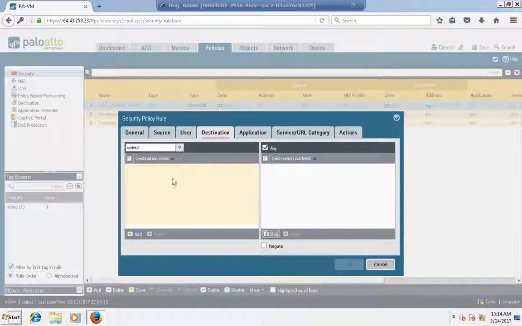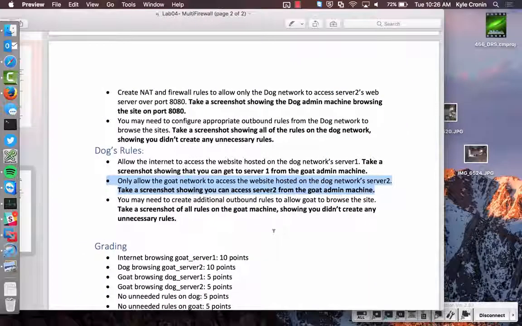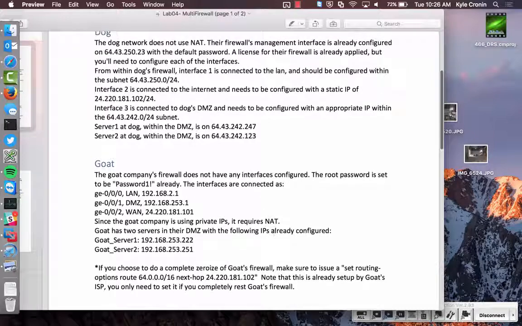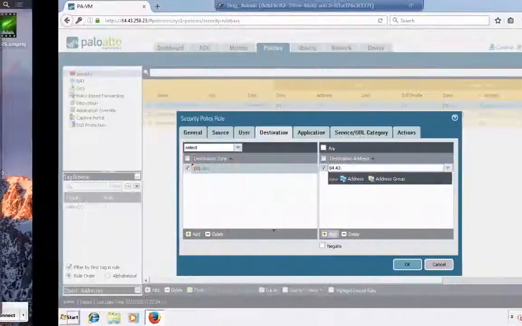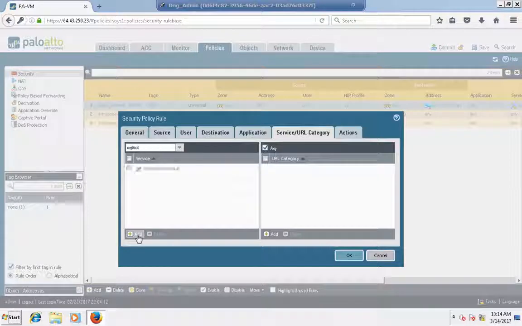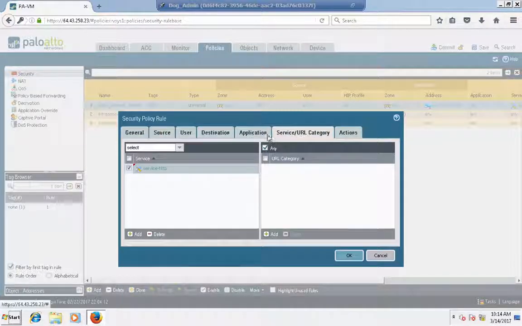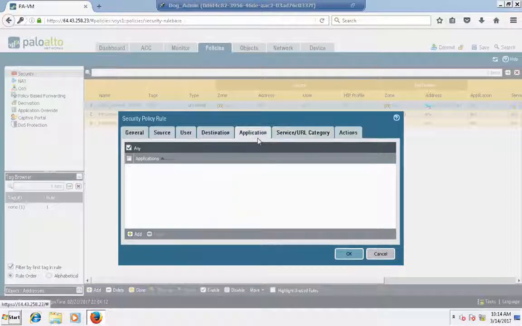The destination is DMZ on 64.43.242.123. And we'll just skip over to service and allow it. So another quirk of this, why it separates these out, and you notice the default on this